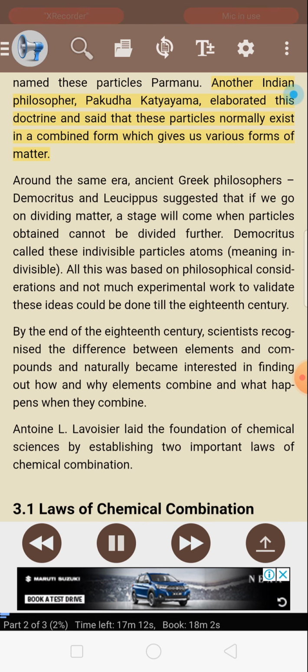Another Indian philosopher, Pakudha Katyayana, elaborated this doctrine and said that these particles normally exist in a combined form, which gives us various forms of matter. Around the same era, ancient Greek philosophers Democritus and Leucippus suggested that if we go on dividing matter, a stage will come when particles obtained cannot be divided further. Democritus called these indivisible particles atoms, meaning indivisible. All this was based on philosophical considerations and not much experimental work to validate these ideas could be done till